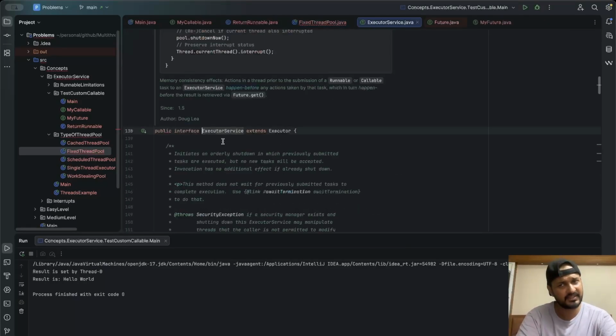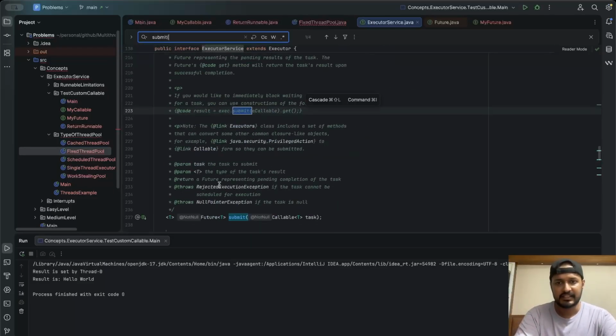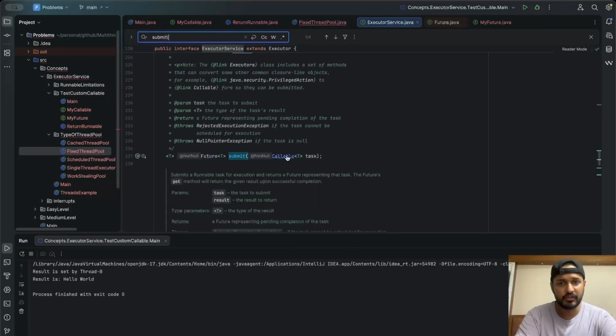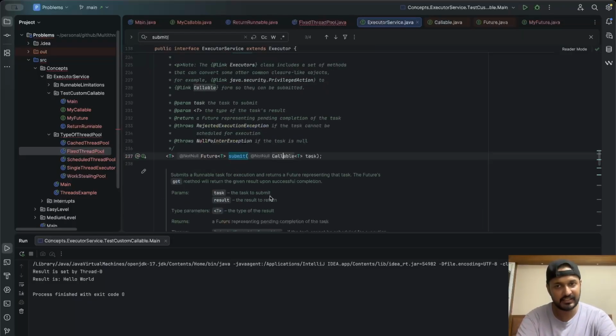Same thing if I go inside the ExecutorService, I show you the submit method. Inside the submit method, you pass a Callable. What is Callable? Callable has a call method which corresponds to our compute method. It is generic and it throws an exception. Same thing that we did, correct?